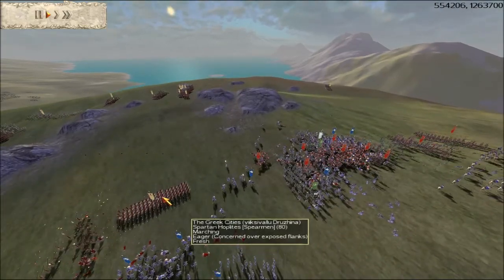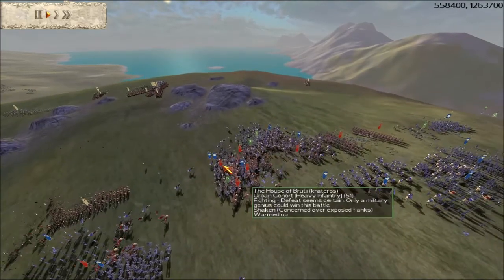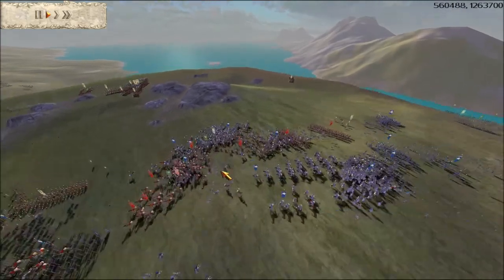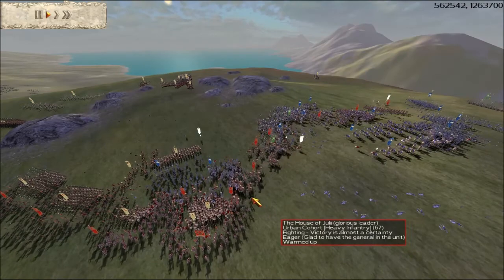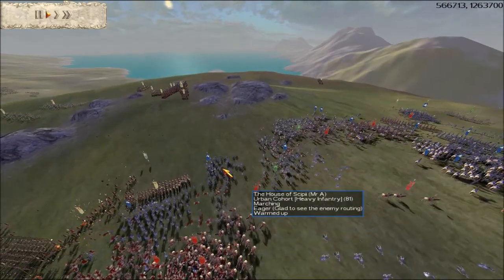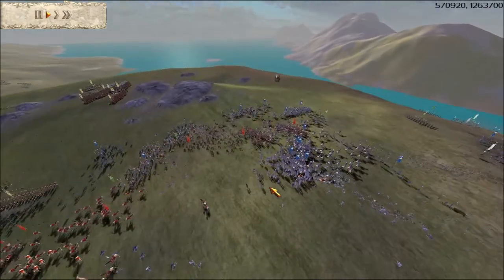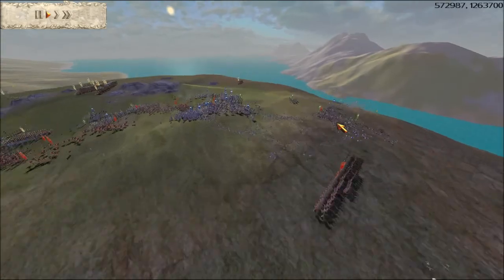Now I saw these Spartans coming towards the rear of my guys, because I was going to flank them with my cavalry, but I thought that might have been a bit of a bad idea. So I brought this infantry unit round so I could try and outflank this unit here. But I'm just finishing off